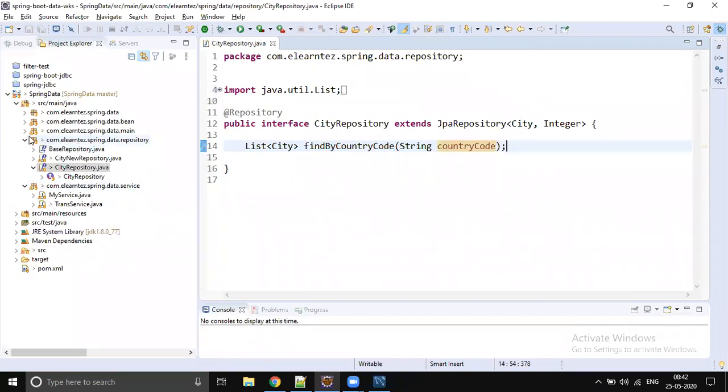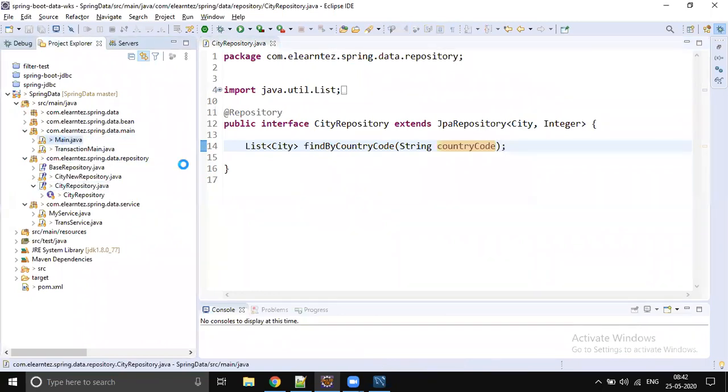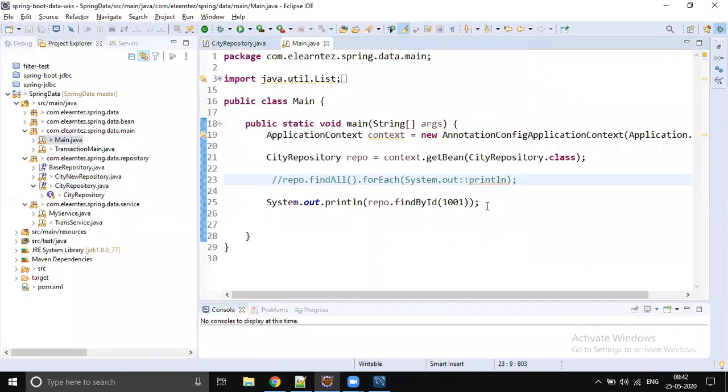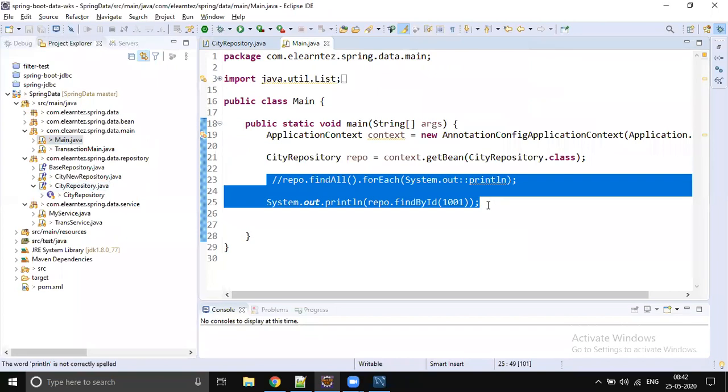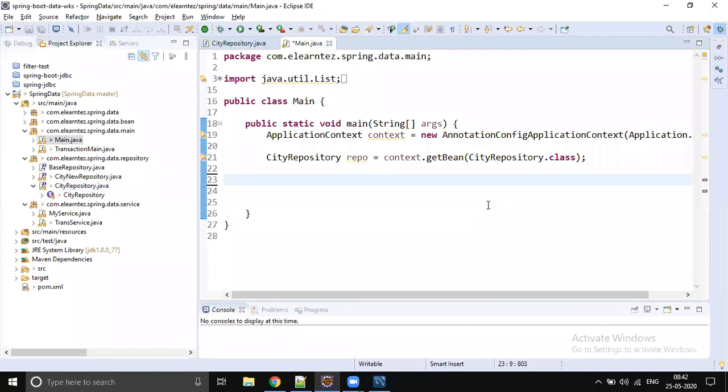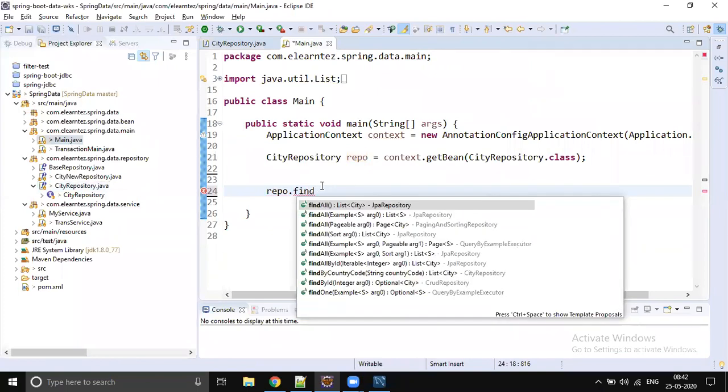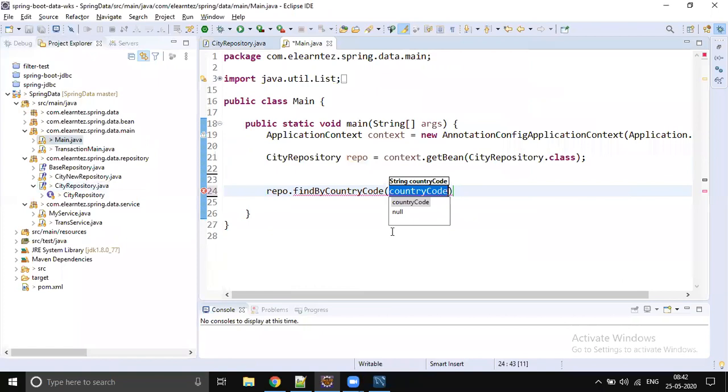Okay, now let's go to the main class and call this method. We saw that day how to fetch one particular city and how to fetch all cities. Those details we already saw. So now let's try to fetch by country code, and let's pass the country code, and we are going to get a list.